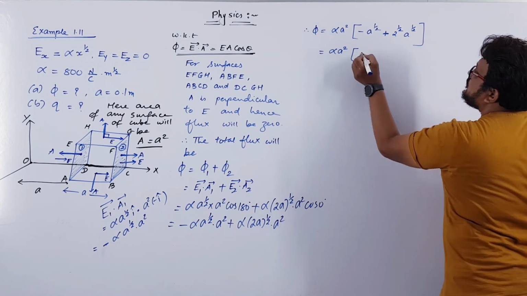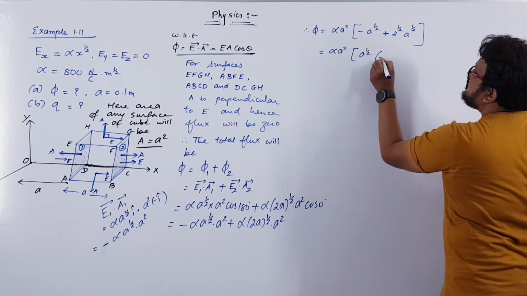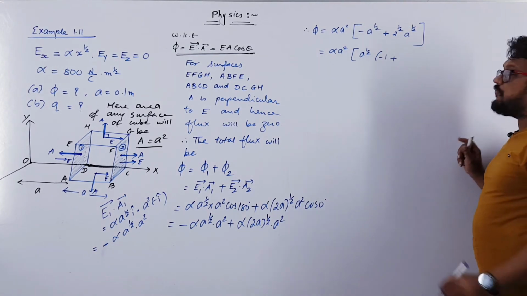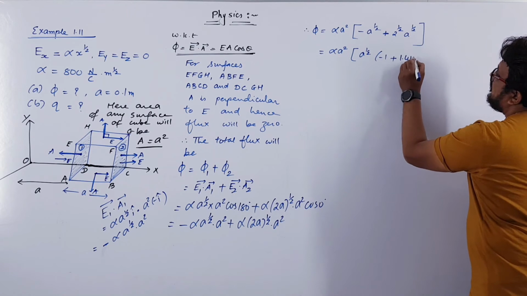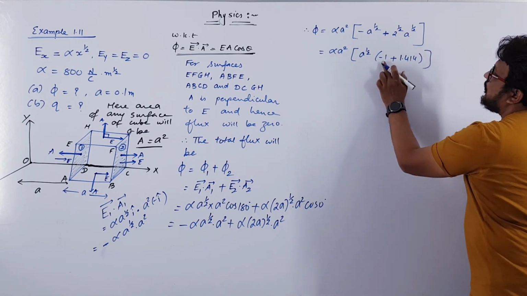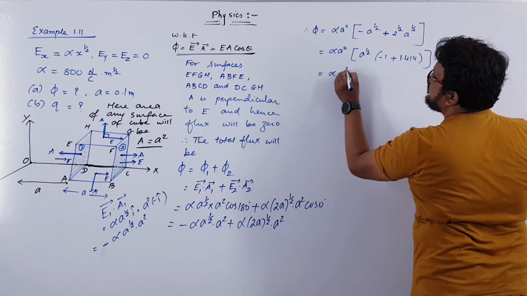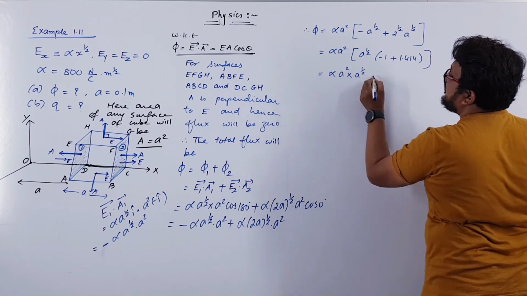Let us take a raised to half common. So this is minus 1 plus root 2, which is 1.414. So minus 1 plus 1.414 will be equal to alpha a square into a raised to half into